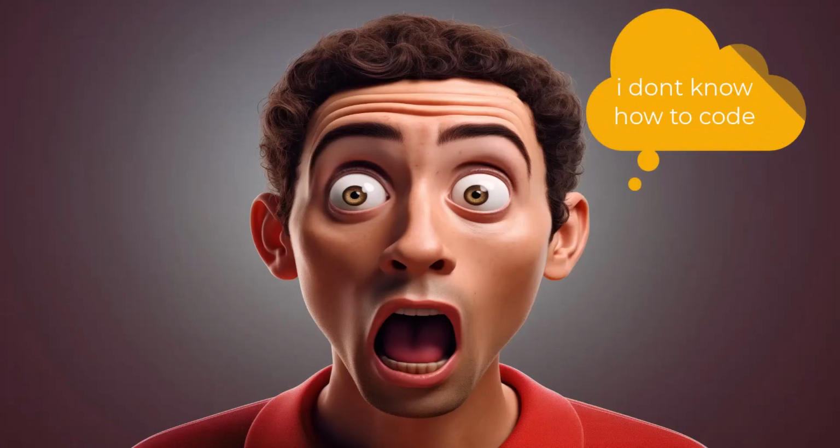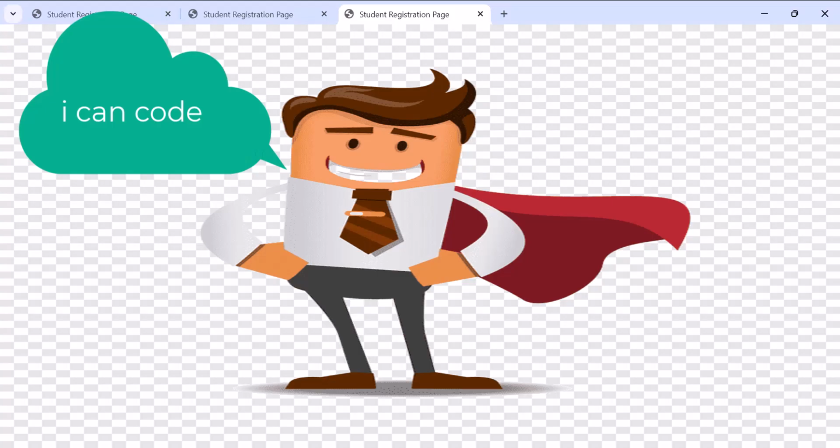If you've never coded before, don't worry. This is where you start learning to code. After that, you're going to start building confidence, and slowly by slowly, you're going to see yourself making your own